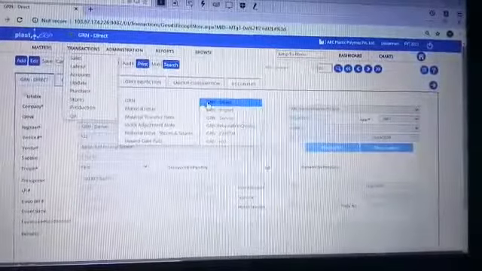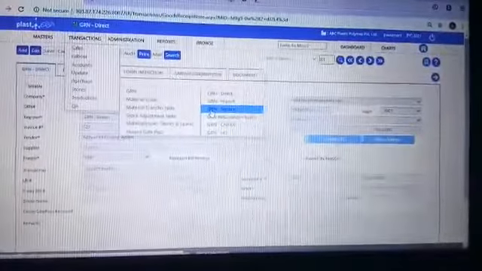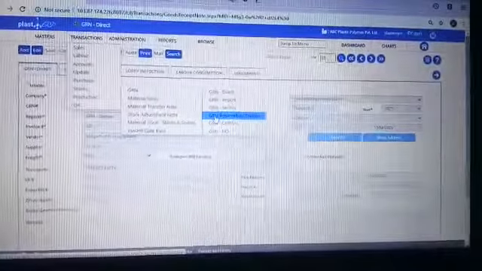Types of GRN. Direct GRN: this GRN is for purchase requisition PO, direct PO, open PO, and plastic powder PO. GRN import: this GRN is for import PO without GST. GRN service: this GRN is for service PO. GRN incoming returnable challan: this GRN is for returnable challan PO. GRN capital: this GRN is for capital goods ordered through capital PO. GRN HO: this GRN is for HO PO.